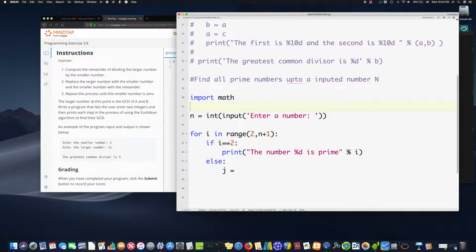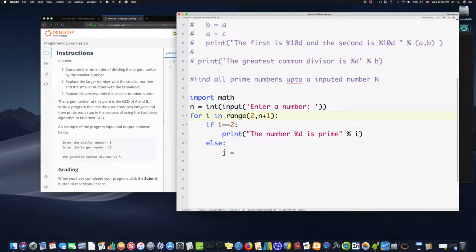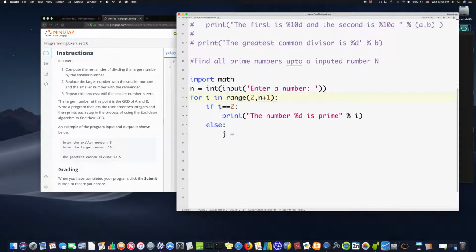Okay. This program might be a bit longer, so I won't put any extra spaces in. All right, so j equals math dot square root of,